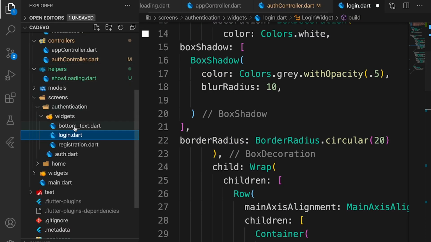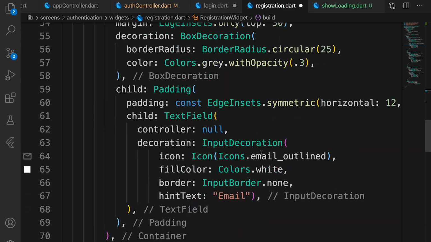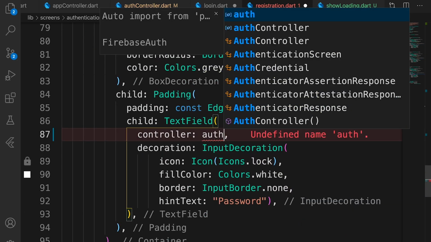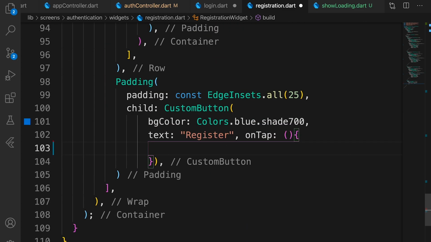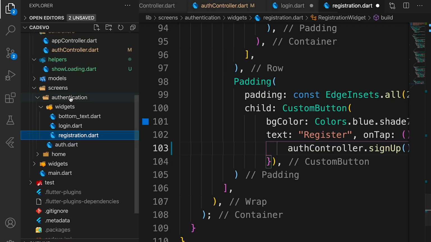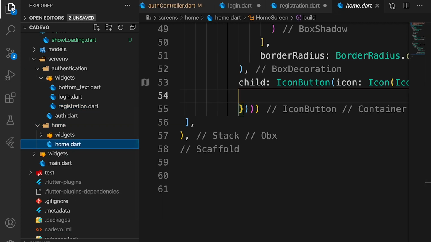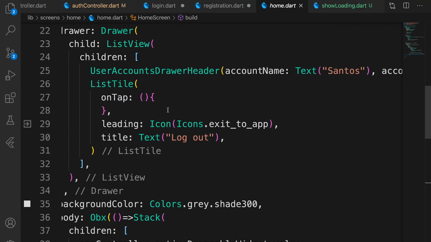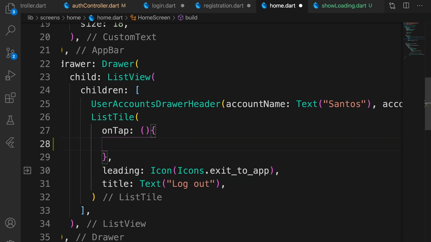Finally, do the same thing for the registration screen. And finally, here inside of our home screen, we want to have the option to sign out. So here inside of our drawer, we will have